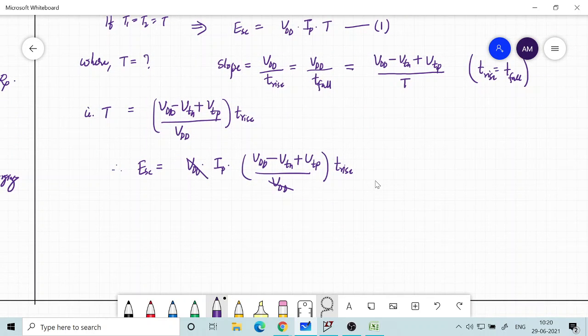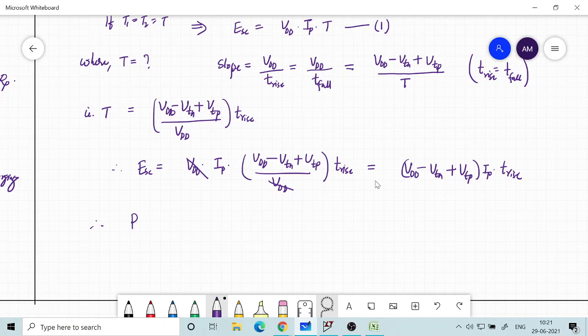So I have the final expression. Let me write the voltage first: (VDD minus VTN plus VTP) into IP into T rise. Okay, so this is per one cycle, the energy dissipated in one cycle. Therefore